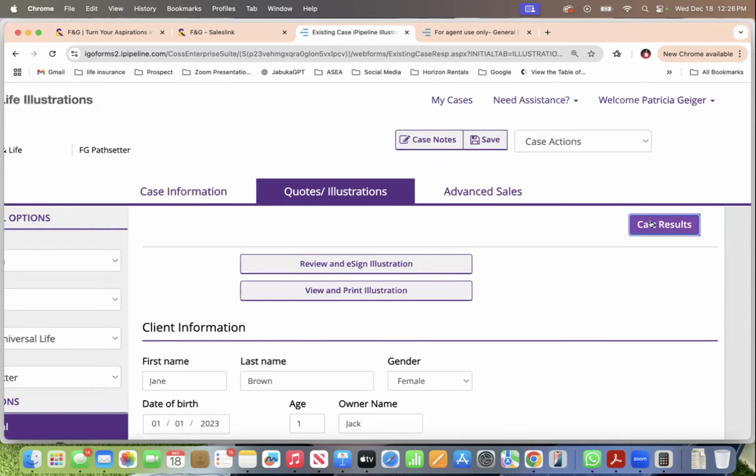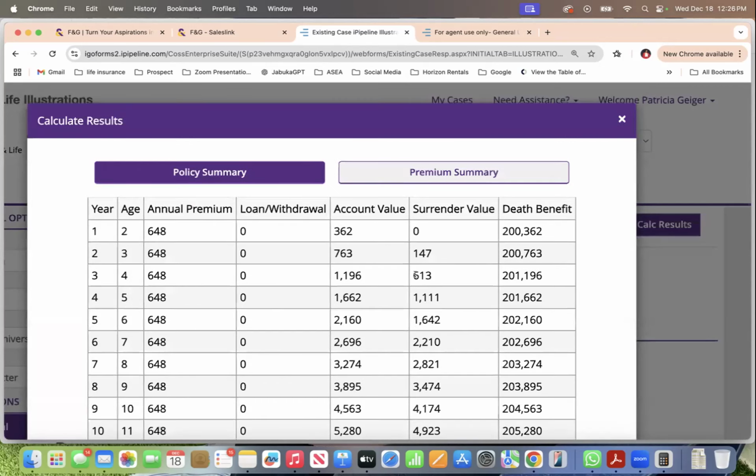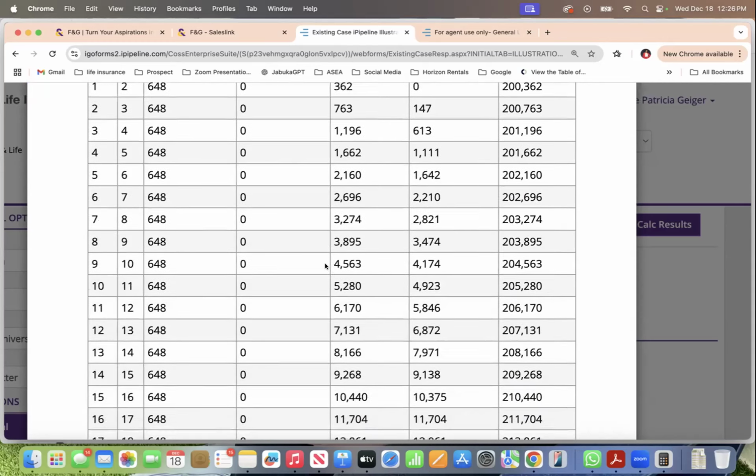This policy of 200,000 for your child is also for education purposes. In case the child cannot qualify for a $1 million policy, you see, this is $648 annually, which is $54 monthly. It's less than 2 pizzas, right? So 54, and the 7 pay 6,000. So now I want to show you this. Even with this account,